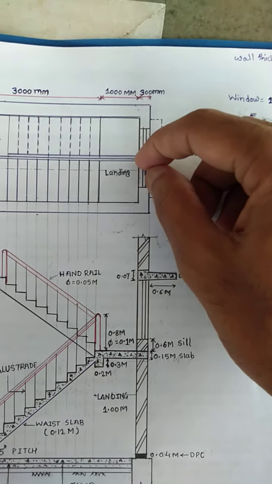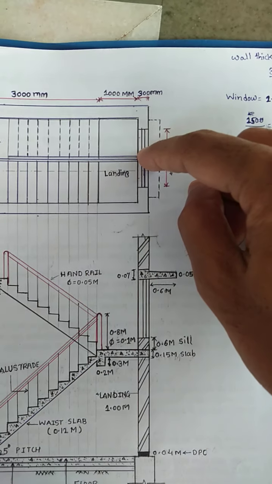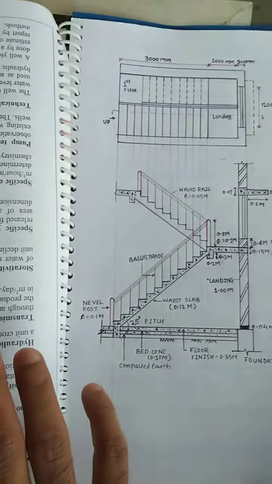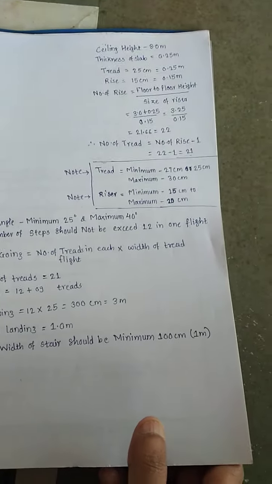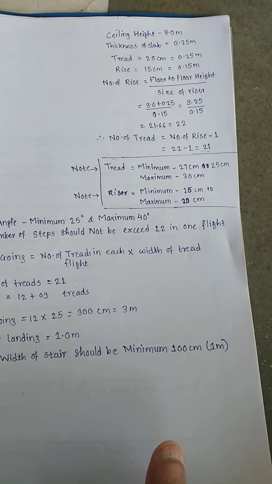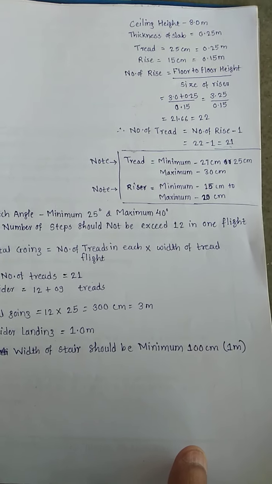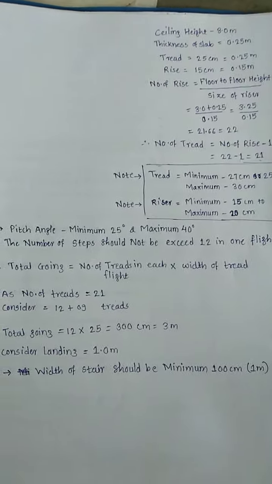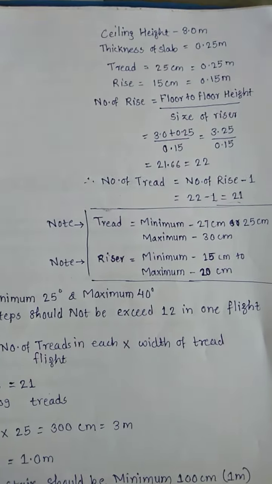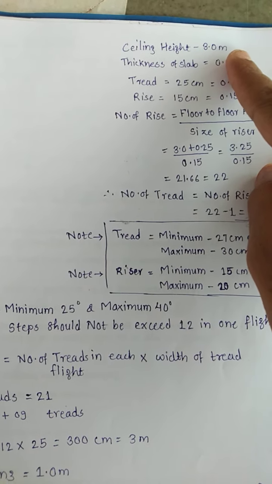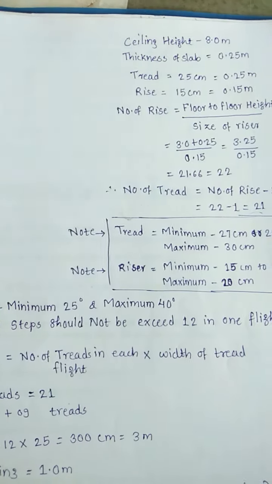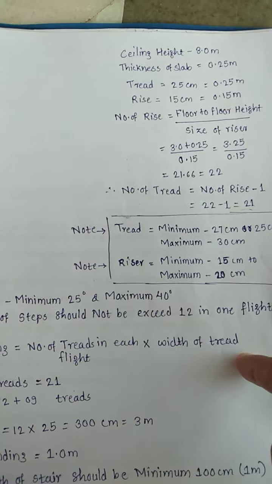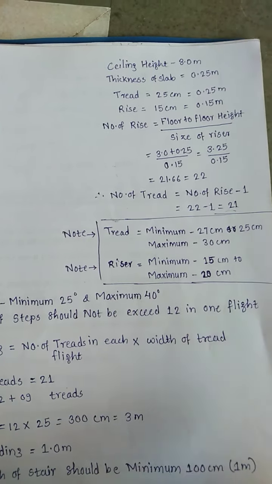And here is an opening passage, which is called the passage for the handrails. So this is the detail given for the staircase drawing. Now I am going to tell you how to draw the staircase. All these dimensions should be converted to a suitable scale, because we cannot draw 3 meters on a single paper. So we have to convert all these dimensions to a scale. I have used a 1:50 scale.